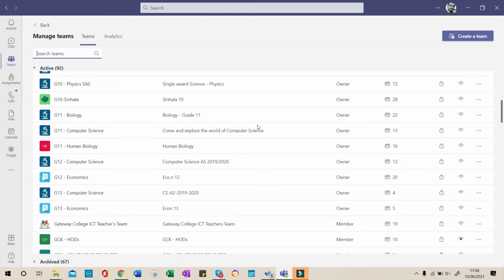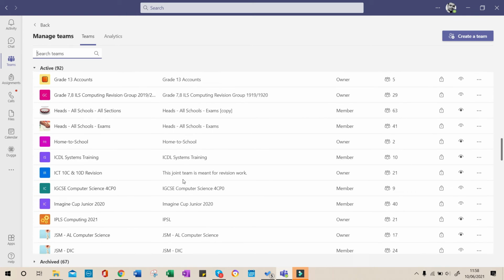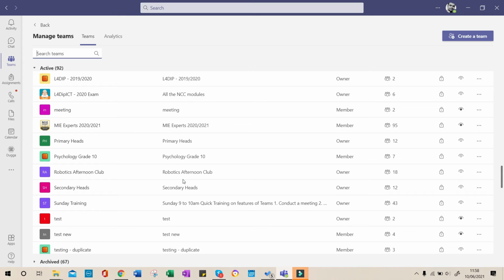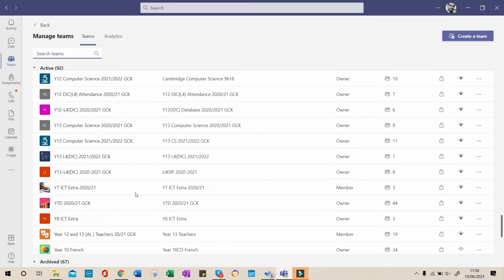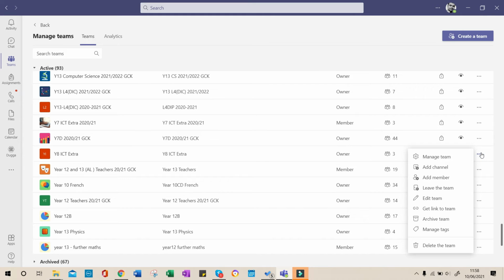Okay, let me try to archive a team that I am part of, but not one that I created, but one I am part of, right? And then let's see whether it allows us to do that. Okay, let's try this one. Okay, so the archive option is there.